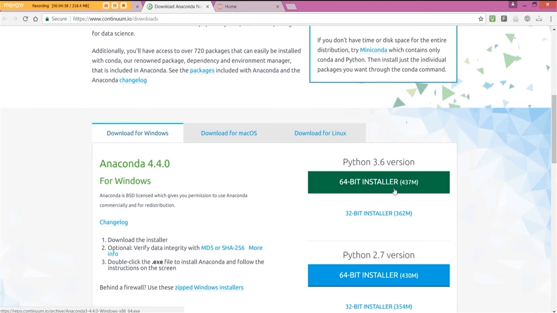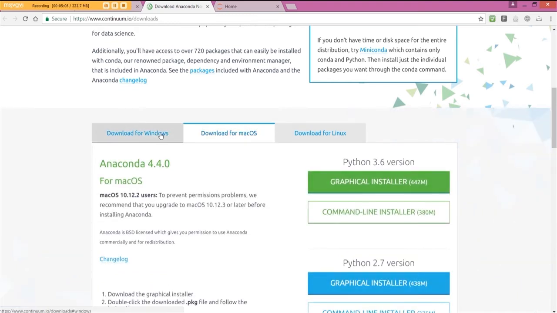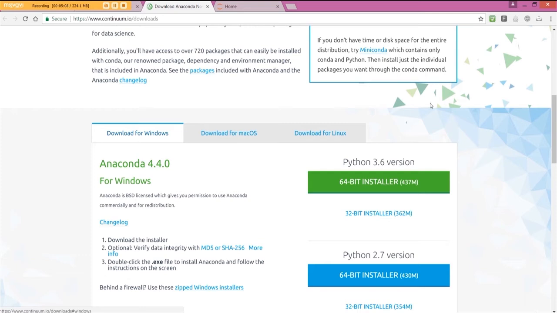I'm not going to do this because it takes an awful lot of time and I already have Anaconda on my system, but just press this button for your operating system and carry on with the installation process in the default mode. Just click on the downloaded installer and carry on. Once you do that,